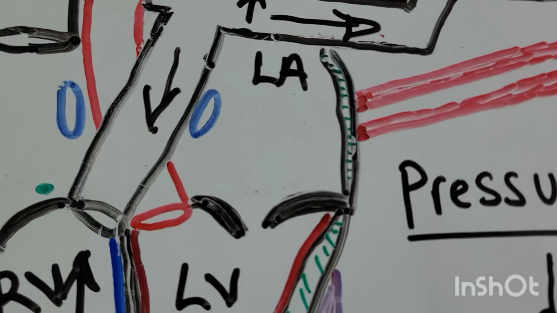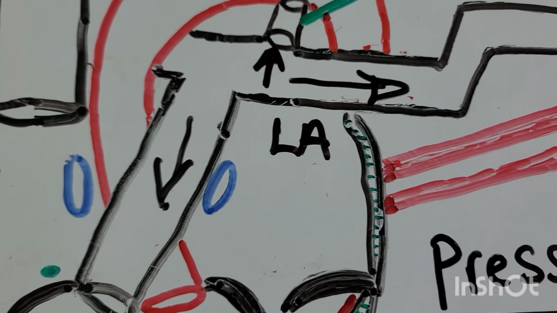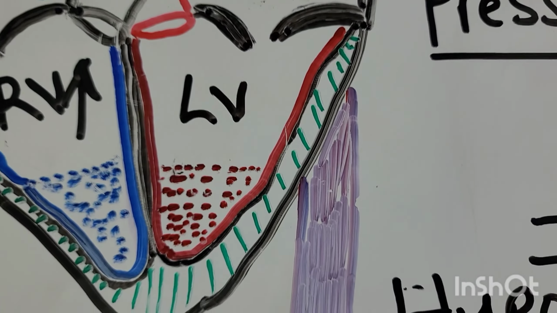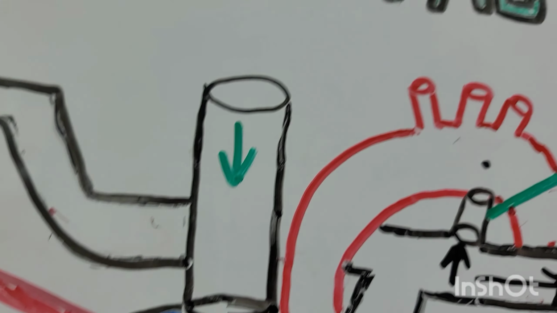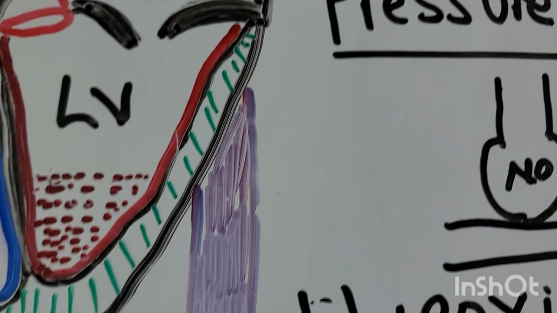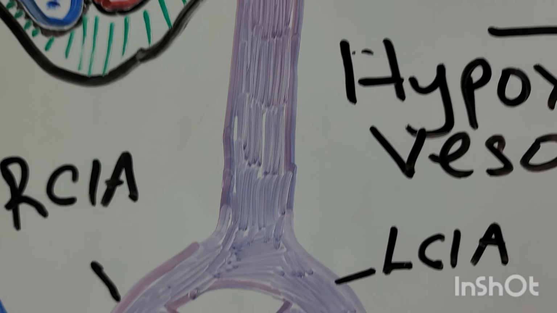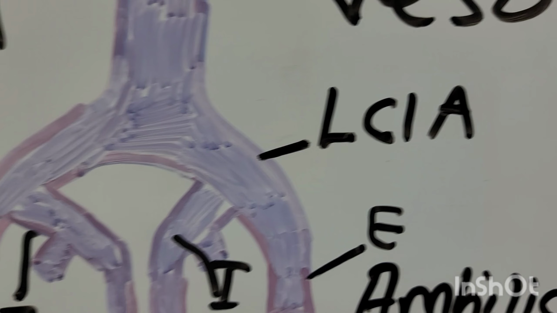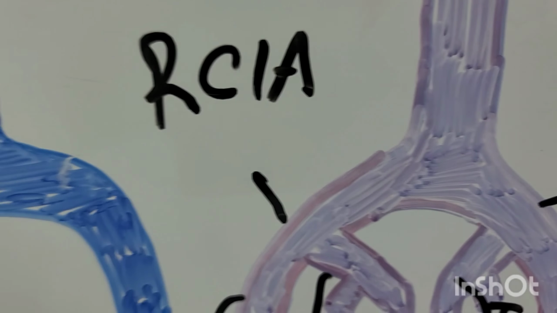Okay. So now this blood in the left atrium, which is coming from the foramen ovale, will move to the left ventricle, and then the left ventricle will squeeze this blood into the aorta, and then it moves down through the aorta. When it reaches down, you're going to have a bifurcation. You're going to have the left common iliac artery and the right common iliac artery,